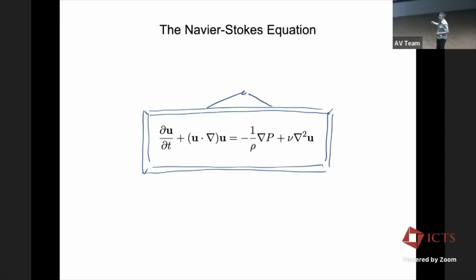By the way, you might be wondering what Stokes is doing. I'm not quite sure why Stokes is there. Stokes was the fifth person to write down this term. So it's not quite clear to me why Stokes gets his name on this equation, but okay, it's called the Navier-Stokes equation. Why is it important?